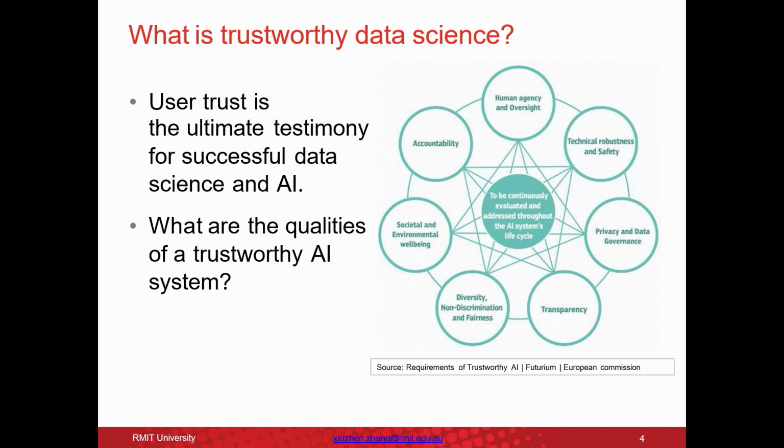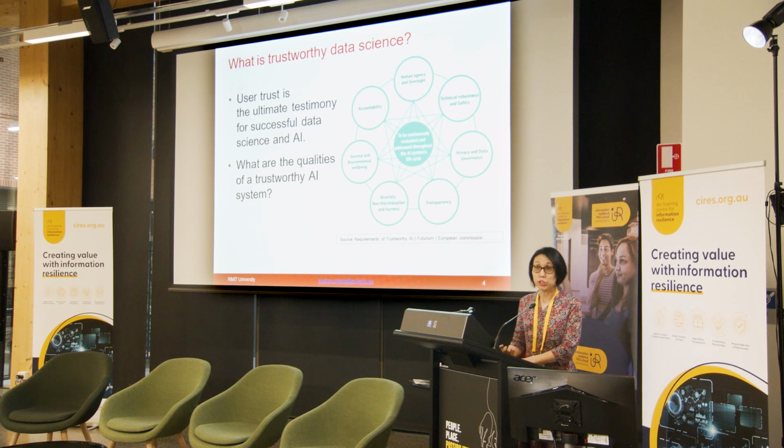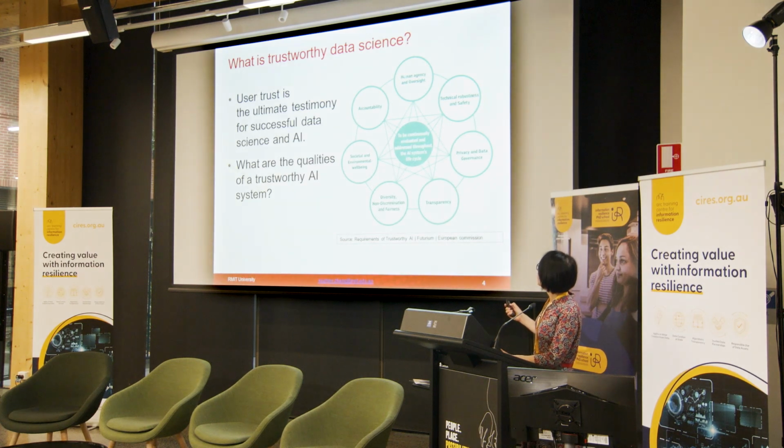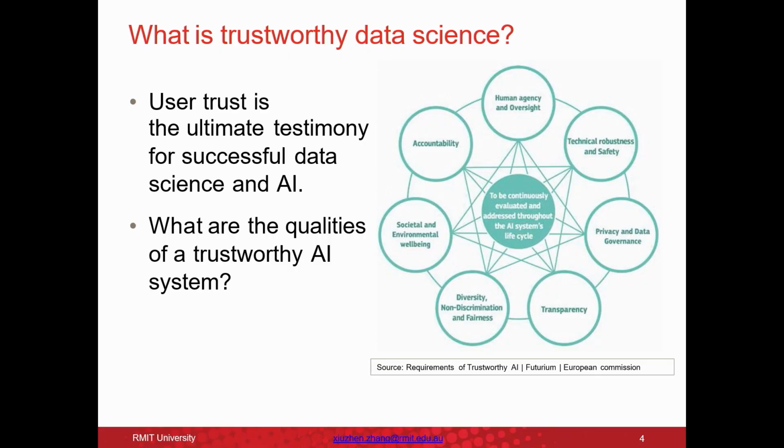This framework here actually is from the European Commission, the Data Science and AI Alliance. They're talking about the 7 principles to achieve trustworthy AI and data science. I especially want to highlight here: humans and users are very important, and AI should be reliable, irrespective of possible adversarial attacks, and also data privacy and